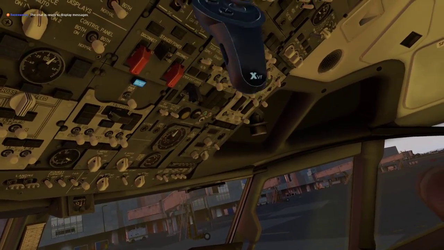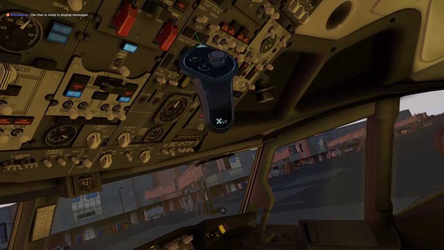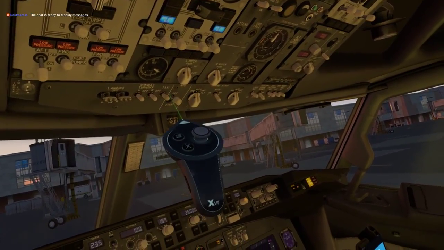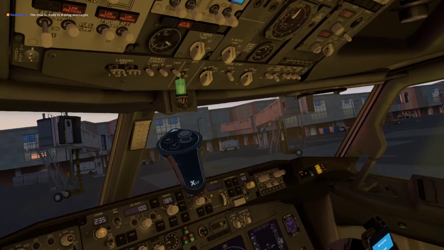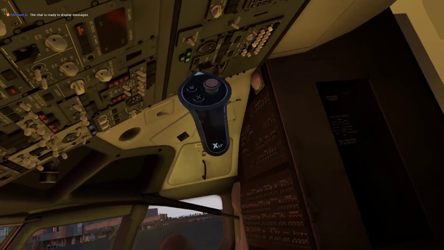Okay, let's look up here. Batteries on, standby power on, emergency lighting, ground power on, throw some fuel on. Hold this for a tad. Let's get rid of our master caution. That should be good. And reach up and